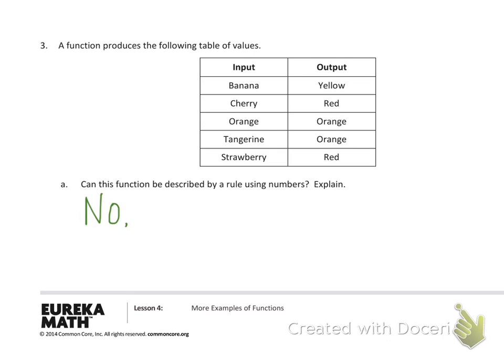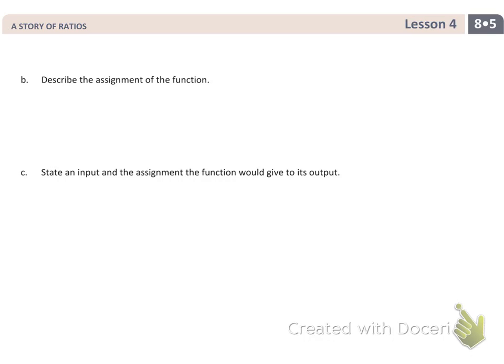So the question is, is there a number, a rule that could tell us what color a fruit is going to be? No, there's not. Okay? Describe the assignment of the function. What does the function do? Well, the function